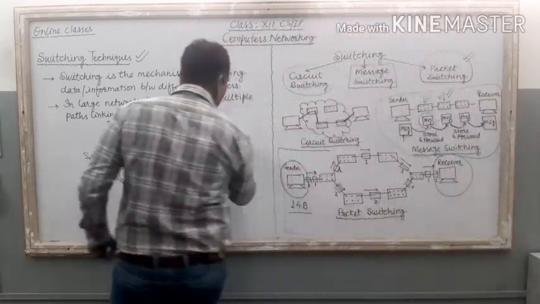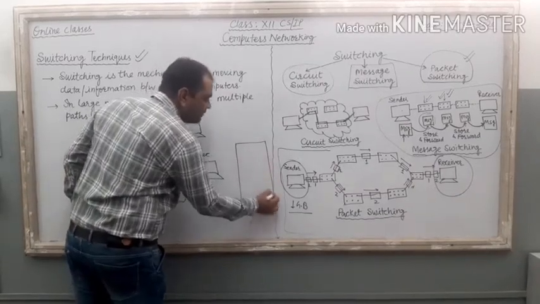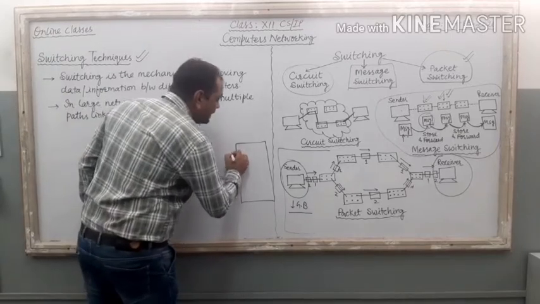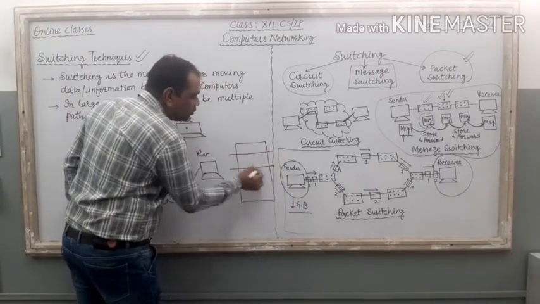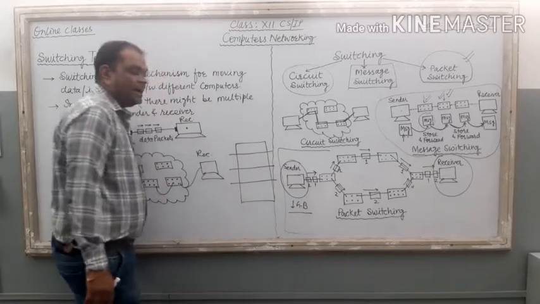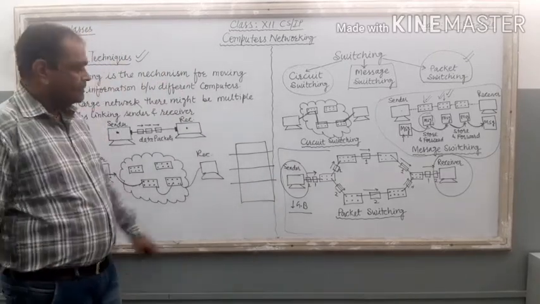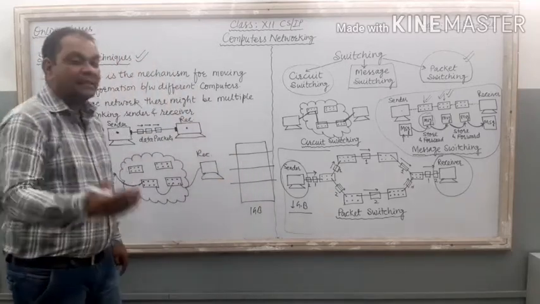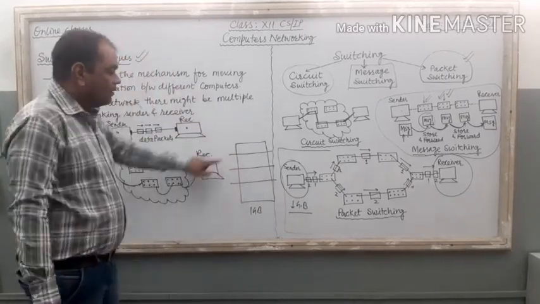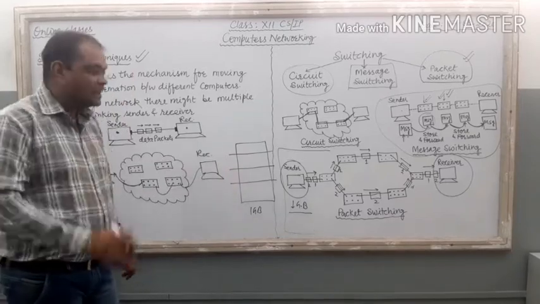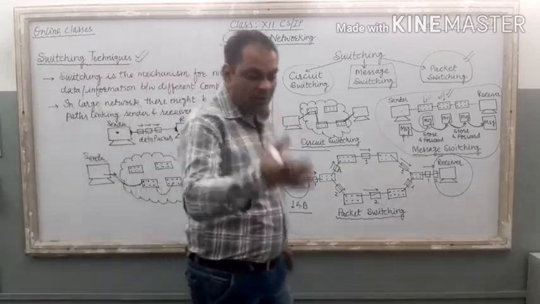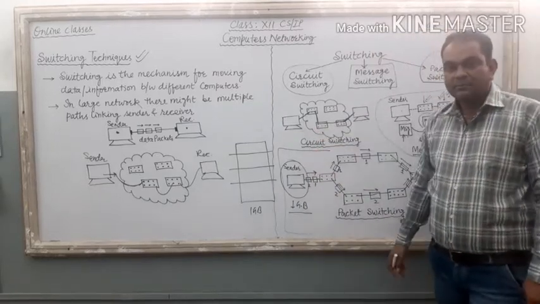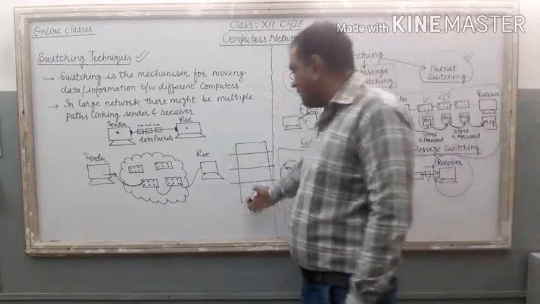Suppose here it is a 1 GB file. So very first in packet switching technique, this file is divided into different packets, fixed size packets. Here the whole file, it is 1 GB file. Now this file is divided into 4 packets. 1, 2, 3, 4. 4 packets are there. So we can say approximately each and every packet contains the size of 250 MB. Right? So very first file is divided into packets.